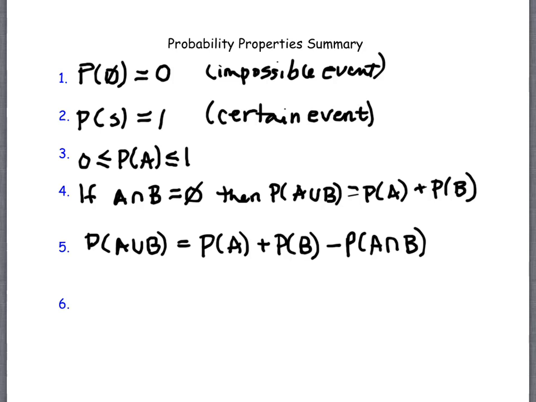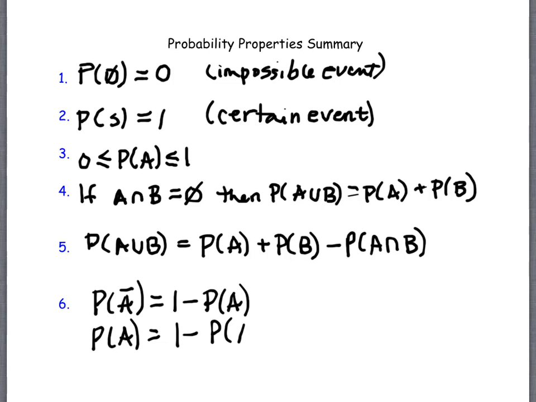And then the last one talks about the probability of a complement. The probability of a complement is 1 minus the probability of the set. And we had variations of this last time. We wrote down that the probability of A is 1 minus the probability of its complement, A complement, or we could write down that the probability of A plus the probability of A complement is equal to 1. And these are all just algebra. We're adding and subtracting things to each side.